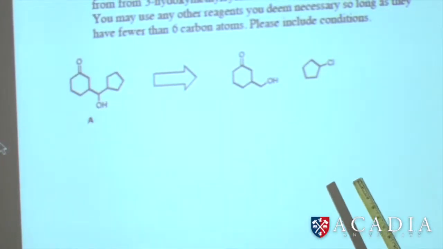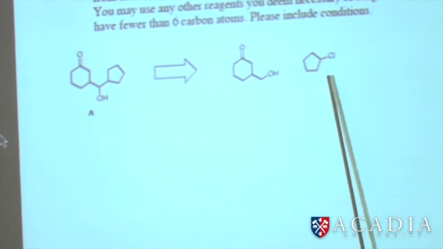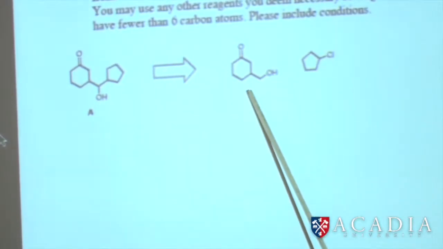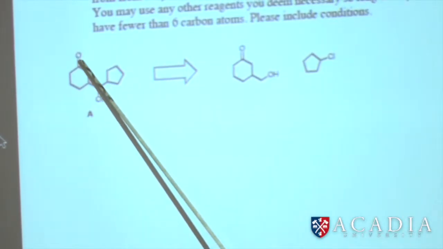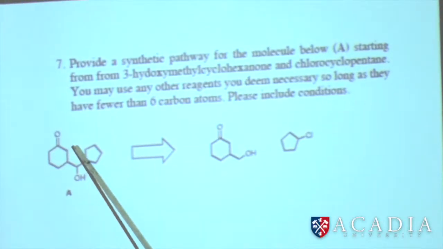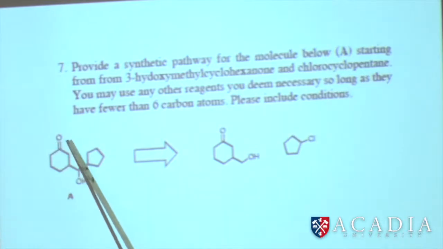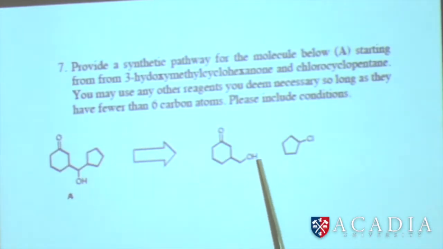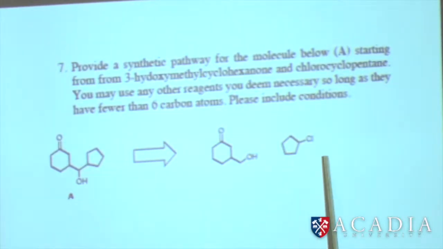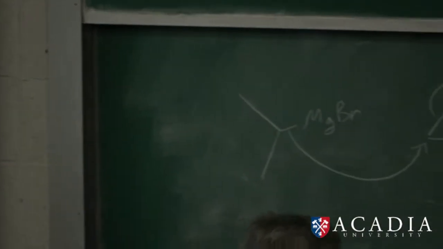What's my problem? I need to protect this thing, right? Because that's also going to react with the Grignard reagent. So if I make my aldehyde first, can I then protect just that carbonyl? No. So I have to protect that carbonyl first. Okay? So we have to think about protecting that carbonyl, converting this to something we can form a carbon-carbon bond with, making this into something nucleophilic. Okay? So what we want to think about then is